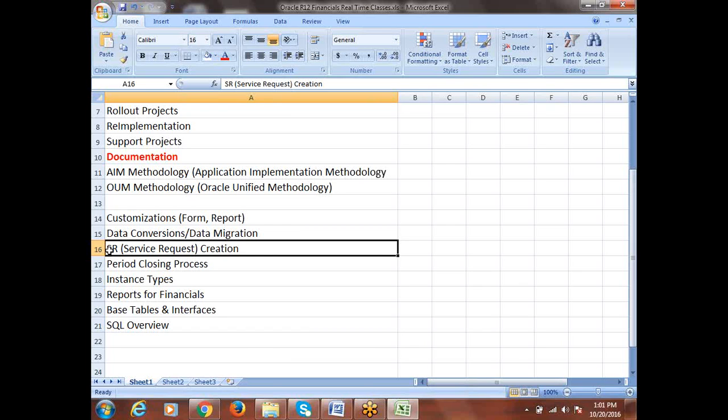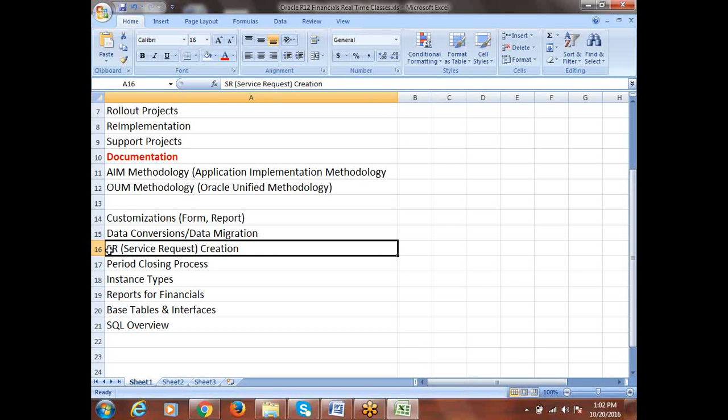From the Oracle side, generally for payables there will be a separate team. Oracle Payables there will be a separate team. Oracle Receivables there will be a separate team. Oracle Fixed Assets a separate team. Oracle General Ledger. In the same way, for each and every application there will be separate teams who are experts. Okay, you might know some experts. So some experts will be there, and they'll be helping with our issues.